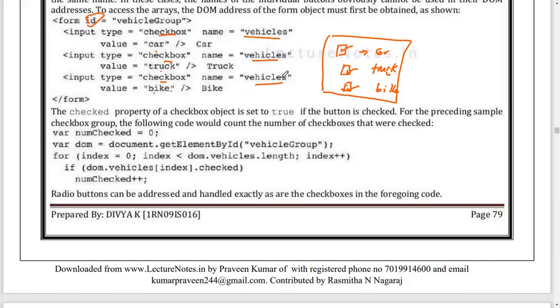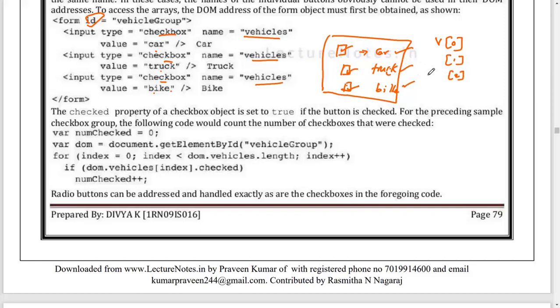Since I'm using the same name for all the checkboxes, when I use vehicles of 0, it represents the first checkbox, which is car. Vehicles of 1 is used by truck, and vehicles of 2 is used by bike.